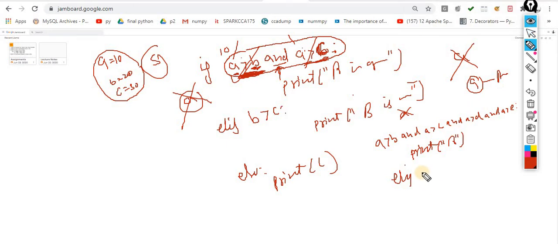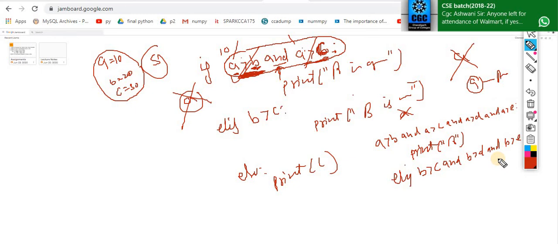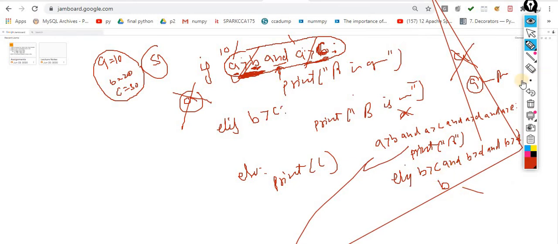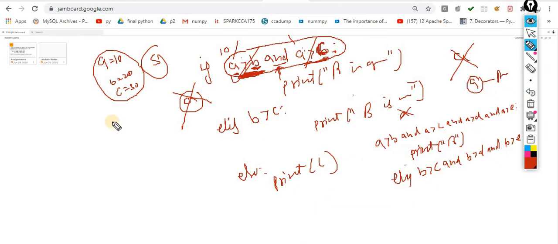For the same, what do I have to do? Elif B greater than C and B greater than D and B greater than E, then print B is greater.